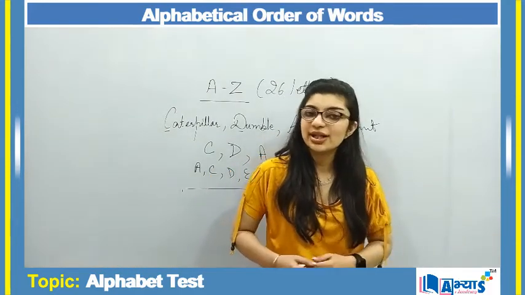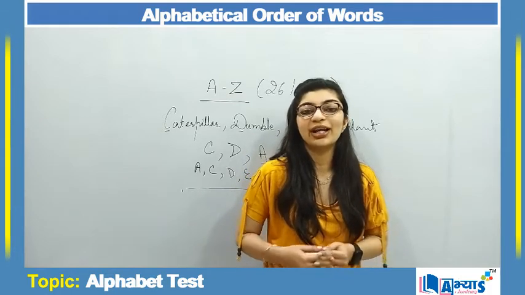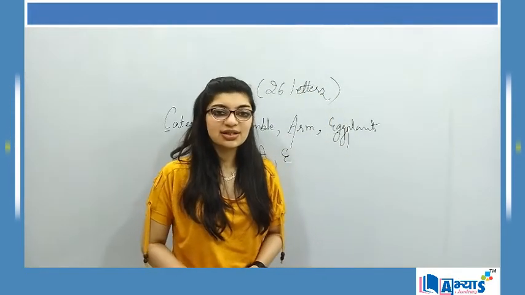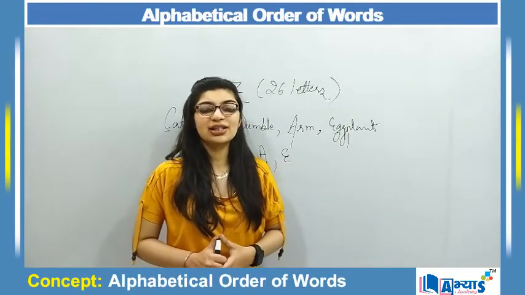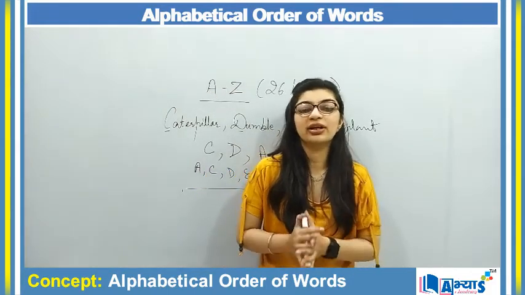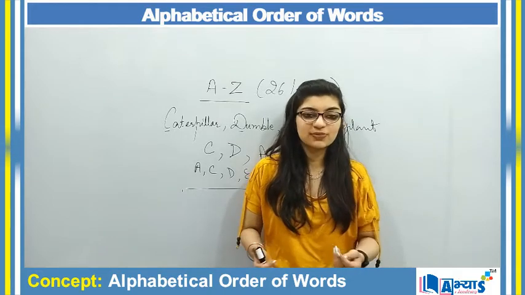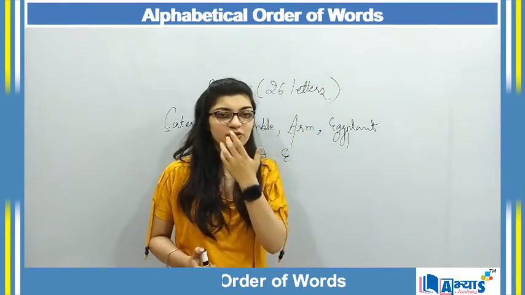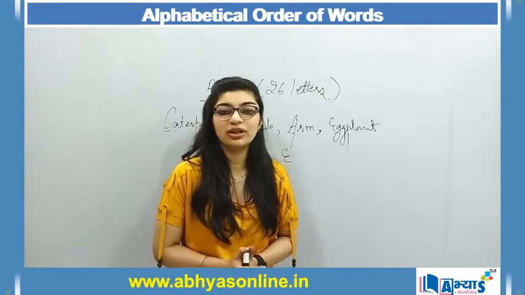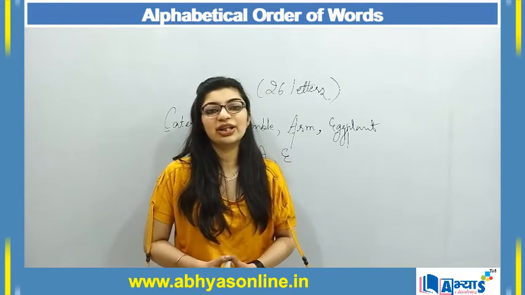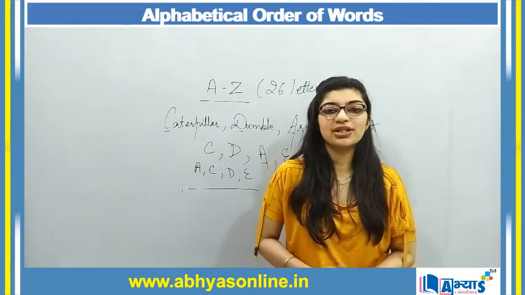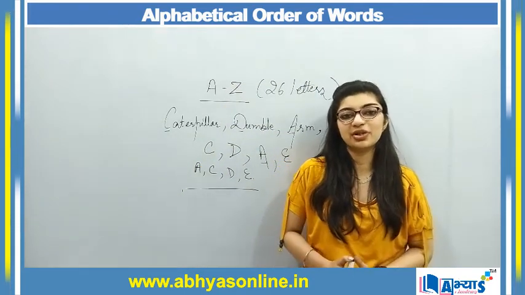So these questions are very simple, you just require a little presence of mind and the logic of how you have to arrange the words, and you're done with the questions. So just a little bit of practice and the topic is over. Very important and very easy topic, and do focus on such questions because it can contain questions of 1 to 2 marks, and this topic is quite scoring because each one of us knows the alphabet order, and that is the only thing that is required in alphabet test. So this was one example. Now let us focus on some other questions in order to understand this concept in a better manner.